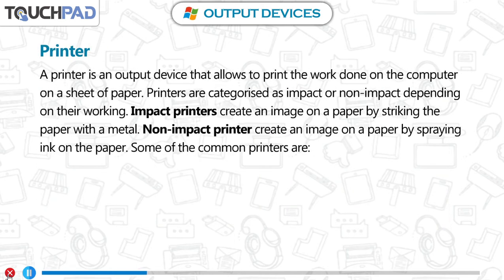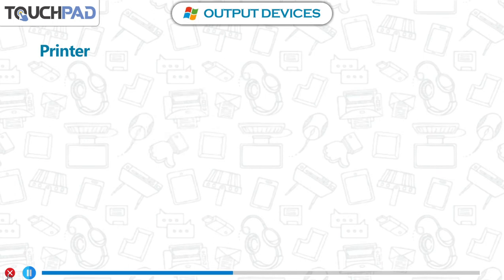Printer. A printer is an output device that allows you to print the work done on the computer on a sheet of paper. Printers are categorized as impact or non-impact depending on their working. Impact printers create an image on paper by striking the paper with a metal. Non-impact printers create an image on paper by spraying ink on the paper. Some of the common printers are: